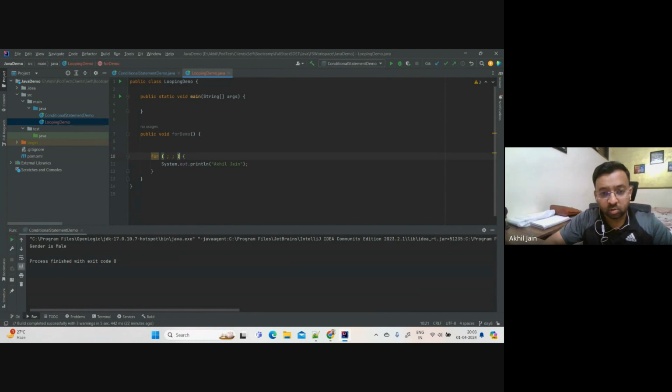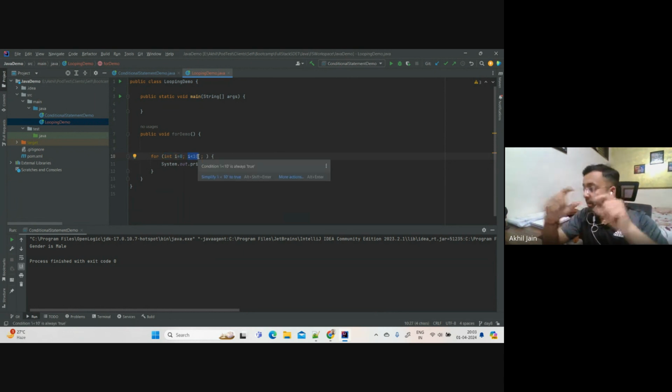So let me write the logic first. Okay, let's go to the for loop. Let me initialize a variable int i. You will find people using i only, so let me use i. Then the condition, I want to run it 10 times, so you have to be careful what values you're providing, because based on the initialized value and the condition you're mentioning, the number of loops will be decided. You have to understand how for loops work and what value you're providing,